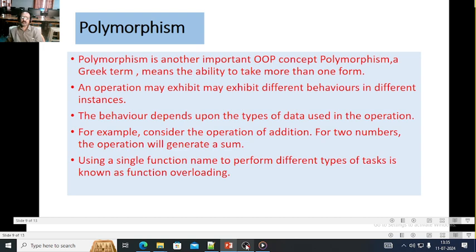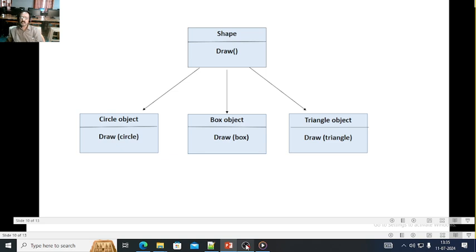Next, we will go for polymorphism. Polymorphism is nothing but the ability to take more than one form. There are 2 types of polymorphism: function overloading and operator overloading. Here function overloading means the same function name can be reused. For example, in this diagram, we have written shape and draw. Shape is the object and draw is the function, and we can use the same draw function